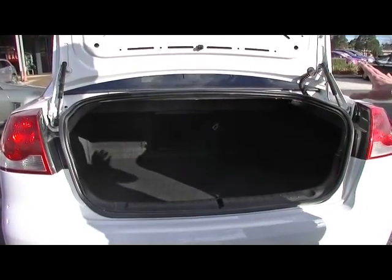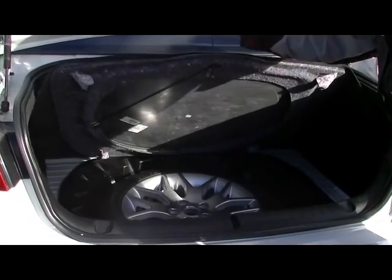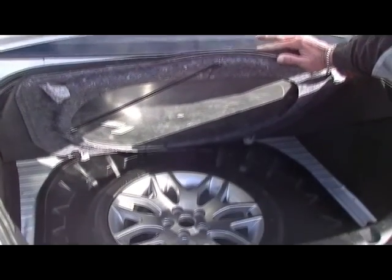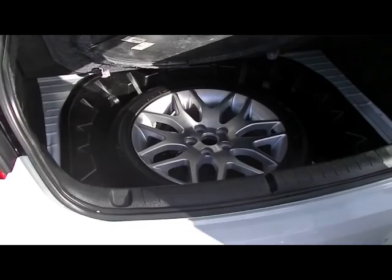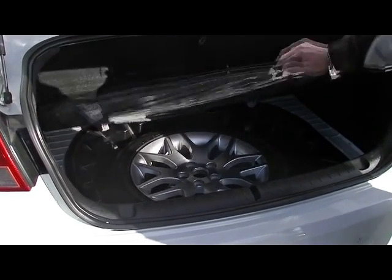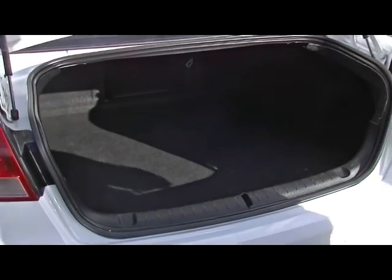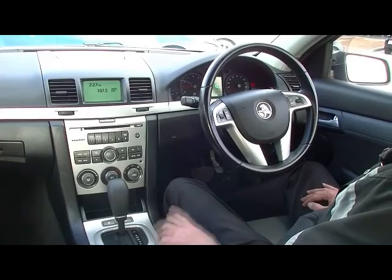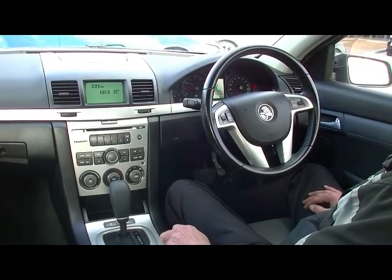Have a look at how clean it is in the back. Even underneath the cover, there's our spare wheel. Have a look at the alloy wheel, it's still like new. The spare's been on the car at some stage, but the alloy wheel is just unmarked. Really impressive quality. So inside the 60th anniversary model Commodore now, another feature that the anniversary model gets is the